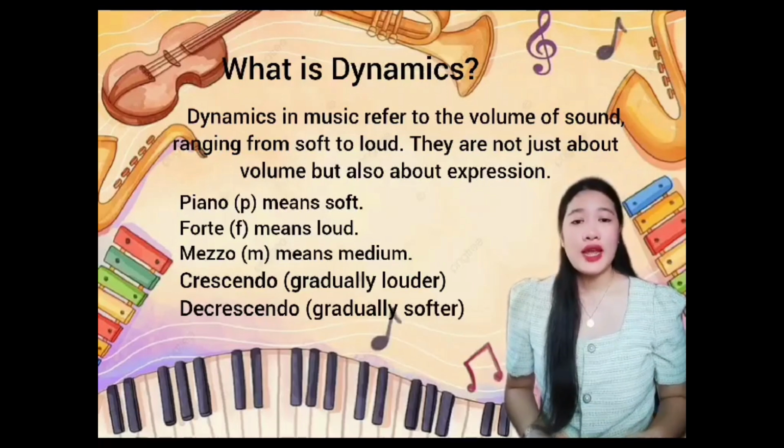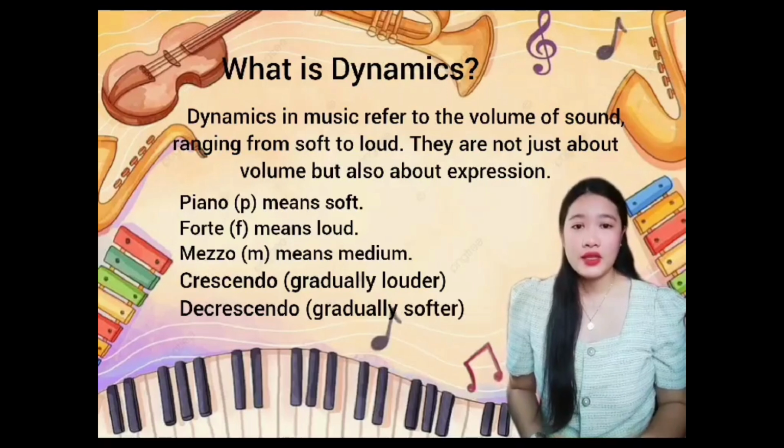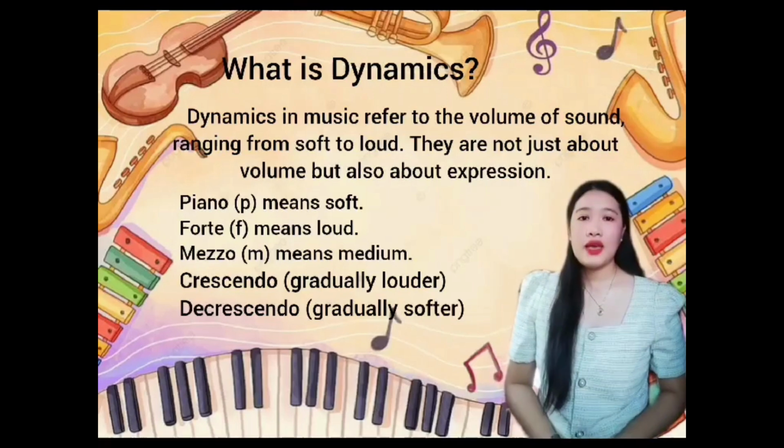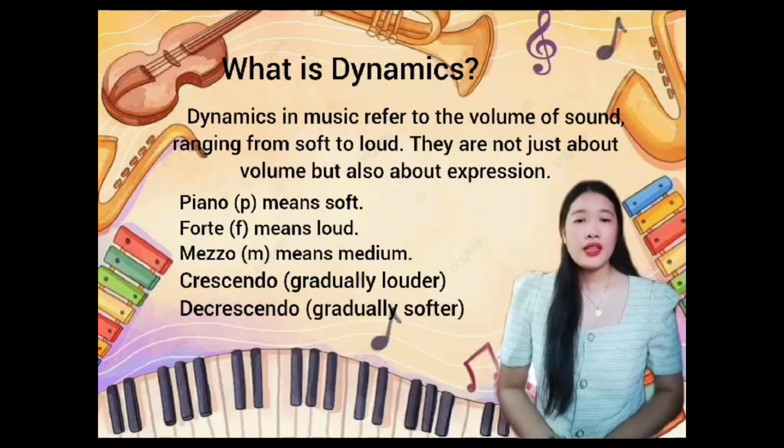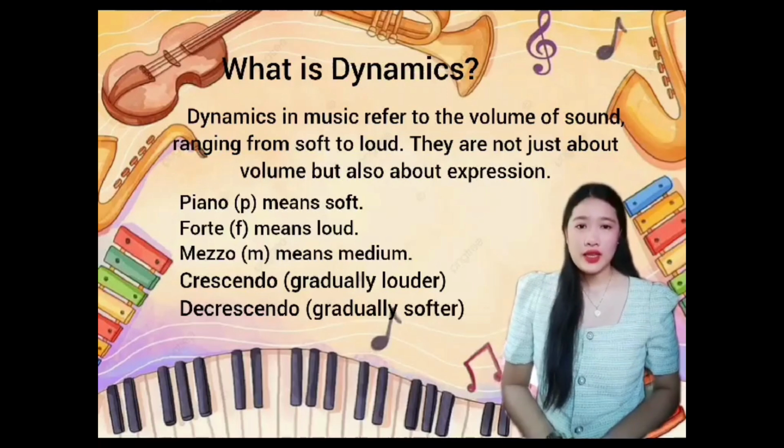Dynamic changes like crescendo, gradually getting louder, and decrescendo, gradually getting softer, guide musicians in shaping their performance. For instance, in a lullaby, soft dynamics like piano can evoke calmness, while in an energetic march, loud forte passages can create excitement. These dynamic terms are in Italian because Italians formalized the rules of music notation around 1000 AD, and their language became the standard.